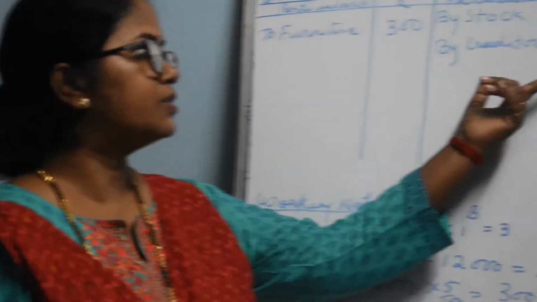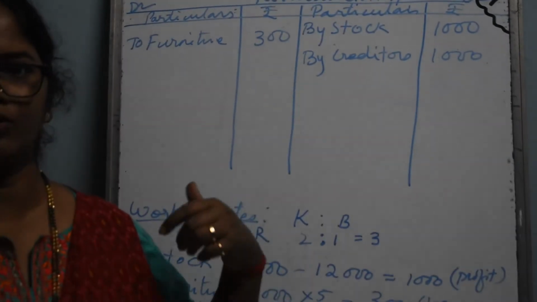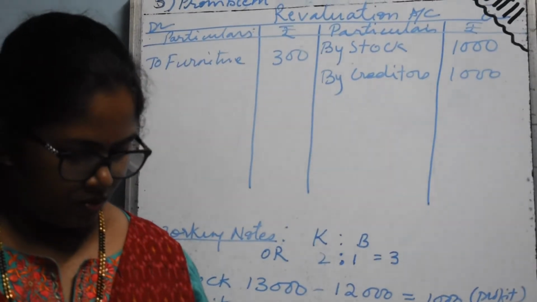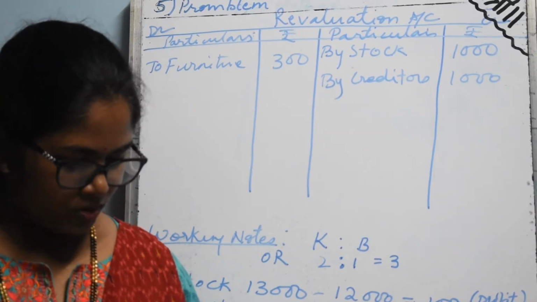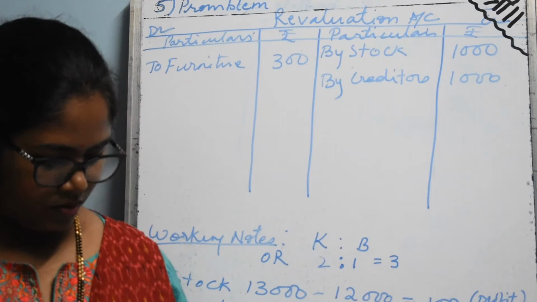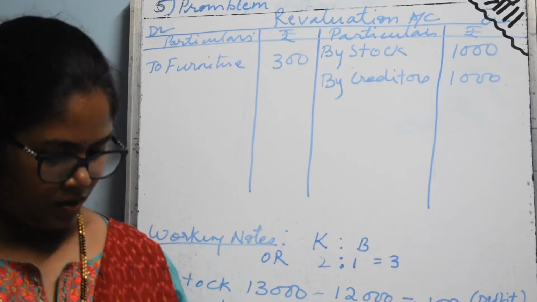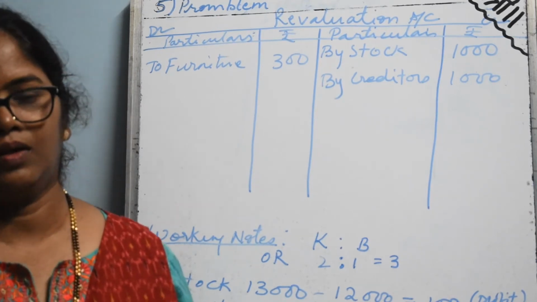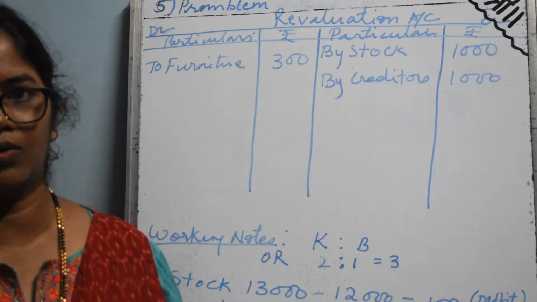So here, creditors, we have to show 1,000, and in the balance sheet, liability side, we have to minus it. Then the next adjustment: a debtor who was written off as bad debt of rupees 10,000 has paid us rupees 8,000. This adjustment is not connected to our debtors in the old balance sheet.